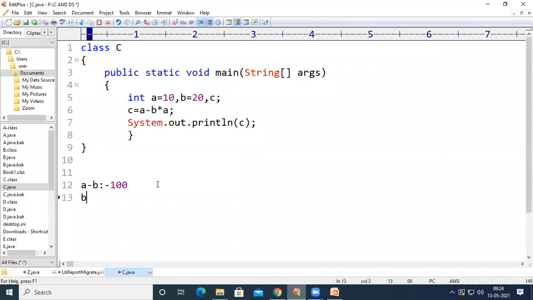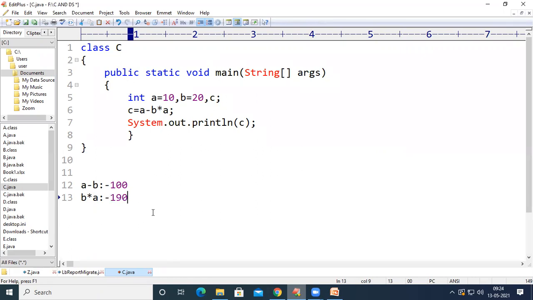In case b star a is executed first, b star a means 10 into 20, which is 200. The value of a is 10, so 10 minus 200, we are going to get minus 190.